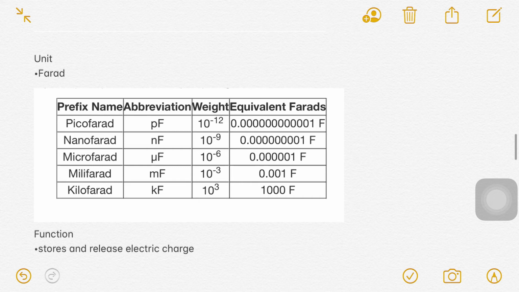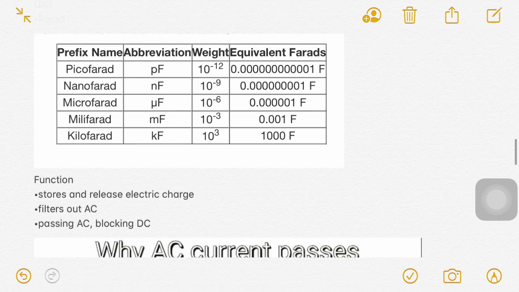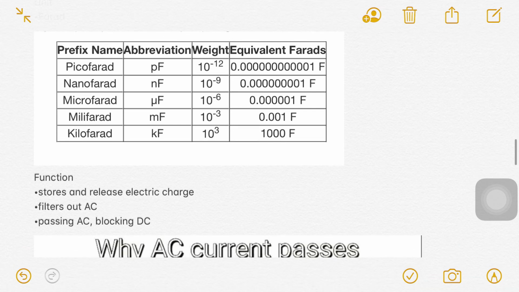Okay. So, now that we've discussed yung symbol, itsura, structure, unit, formula ng capacitance ng isang capacitor, ano nga ba ang gamit or function ng isang capacitor? So, basically, ang pinaka-function ng capacitor is to store and release the electric charge. Yung pinaka-ginagawa niya, mag-store siya ng charge, i-release niya at a certain time. So, sa pinaka-basic function na to,